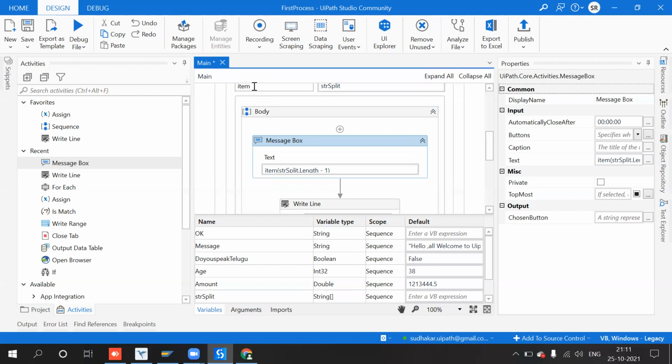Whenever it is accessing values one by one from the array using a loop, it takes the index 0, 1, 2, 3, 4, 5 like that. So for that, length -1.